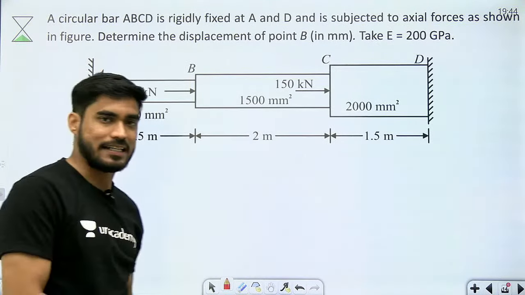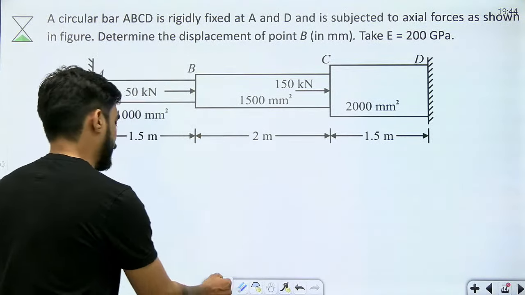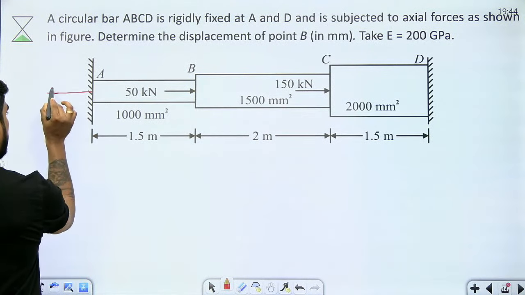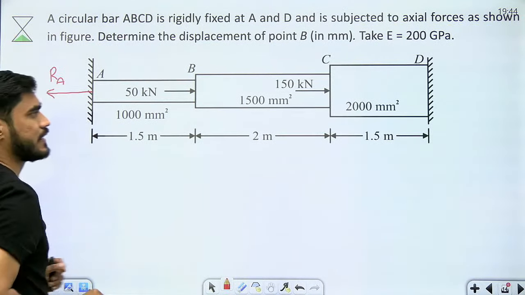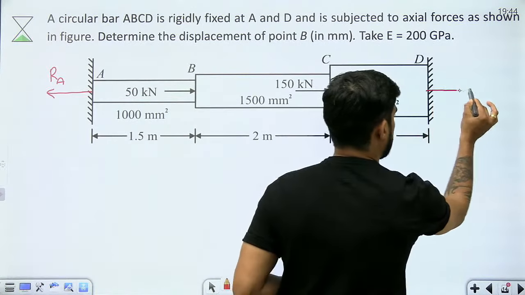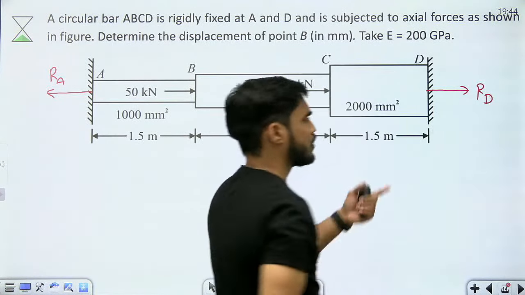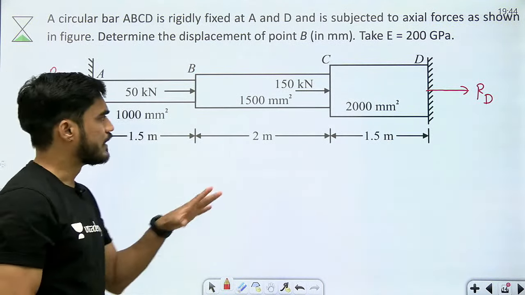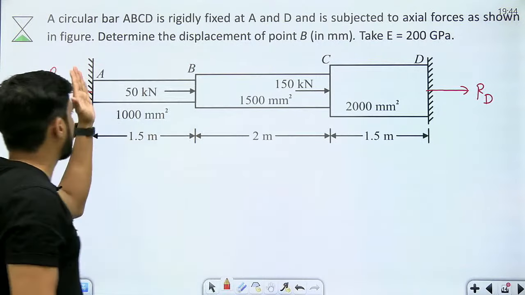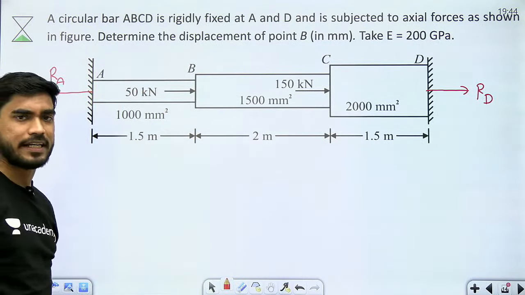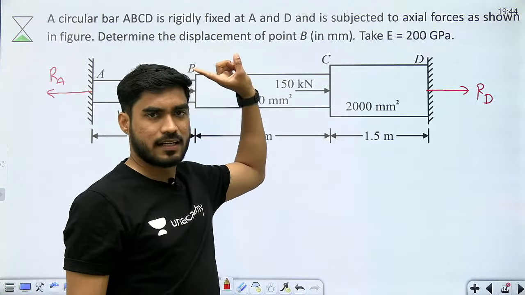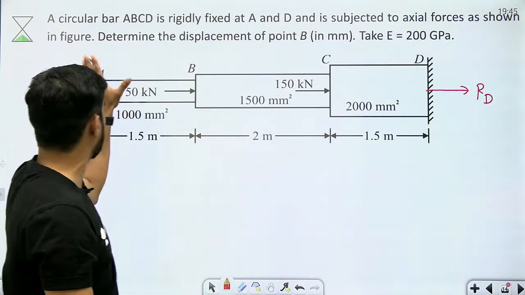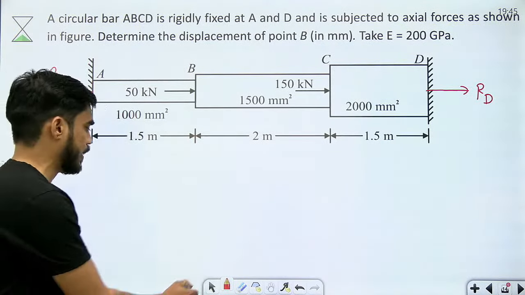So how we can find that reaction? Let's see that. So beta, first of all, I will assume any one direction of this reaction. So let me say that this is RA. Let me say that this is RD. Although I don't need RD, मुझे RD की जरूरत नहीं है, but still let's say this is RA and that is RD. Okay. Now, in order to calculate the value of RA, I will apply the compatibility equation. If you want both of these, अगर RA और RD दोनों चाहिए, then you will need equilibrium and compatibility. But if I want only RA, I will directly use the compatibility equation.